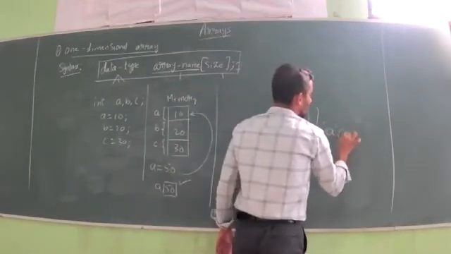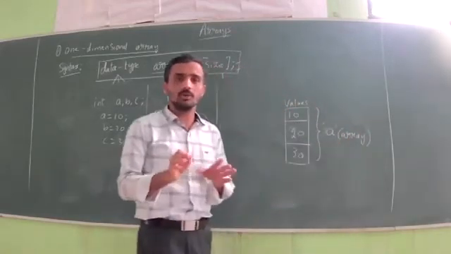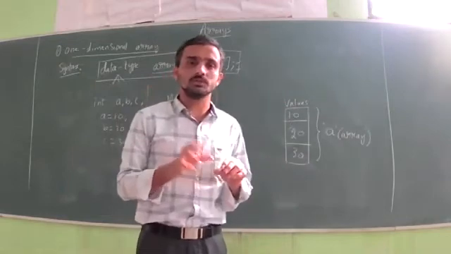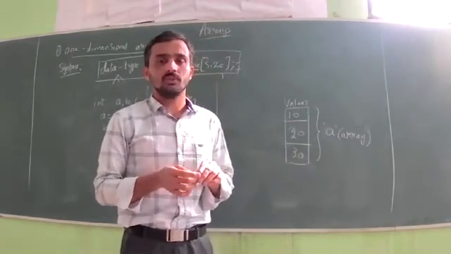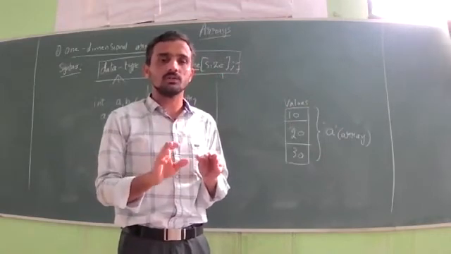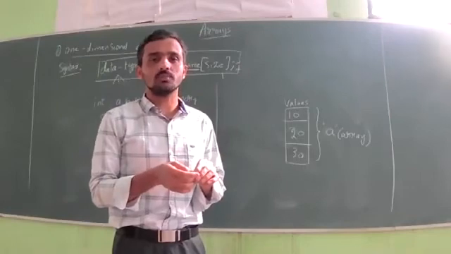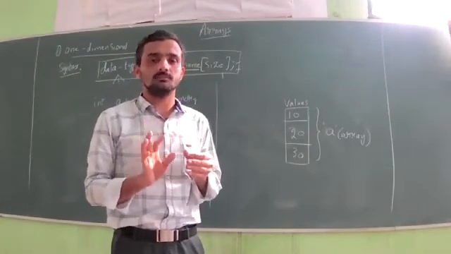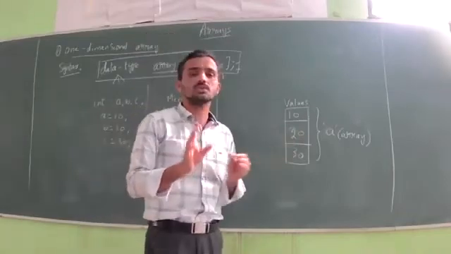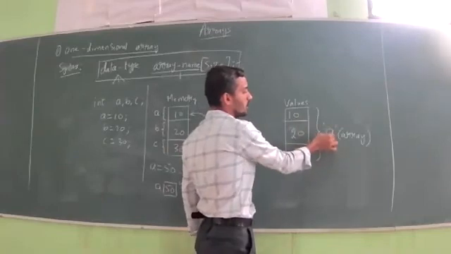Here you don't call it a variable name, you just call it an array. It is a variable only, but you use a different term, that's all. Variable means what? It stores a value which can change during the execution of the program. Same, an array is also a variable which stores values which can change during the execution of a program. Instead of using a variable, you just use the array. The concept is the same. So this variable can store more values. So 10, 20, and 30 can be referred to by variable A.